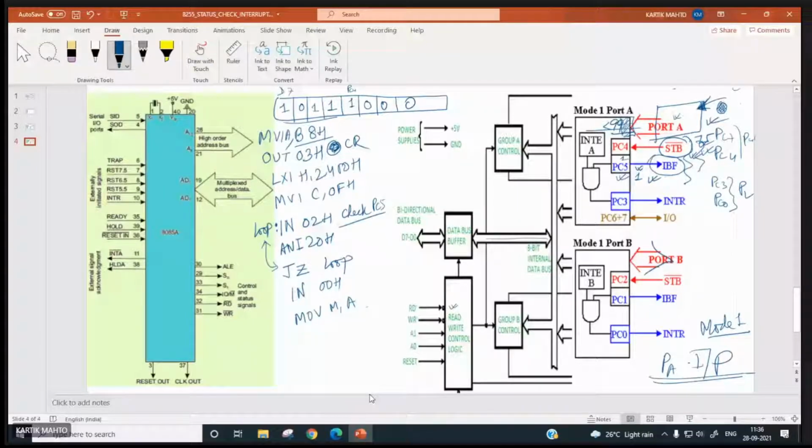Then it inputs this port A data to accumulator first and from accumulator to memory location 2400H. INX H. The moment this IN 00H is executed, read bar will be made low, no? And this IBF will become 0.